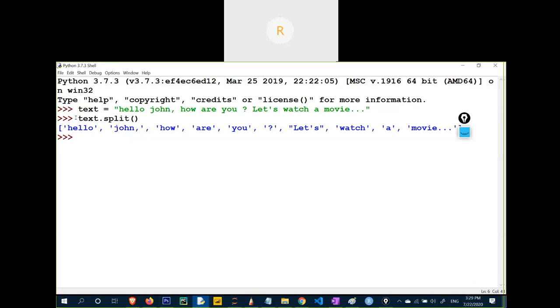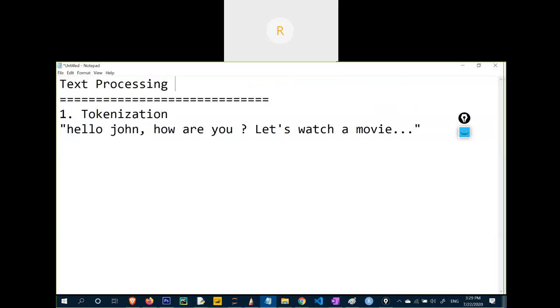So that's why, instead of splitting using the Python split method, we will learn about NLTK, that is Natural Language Toolkit.